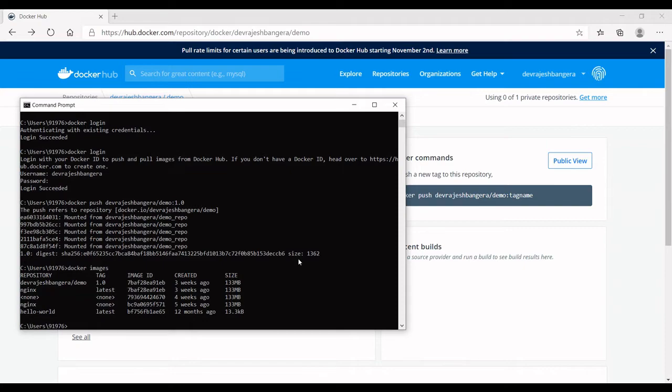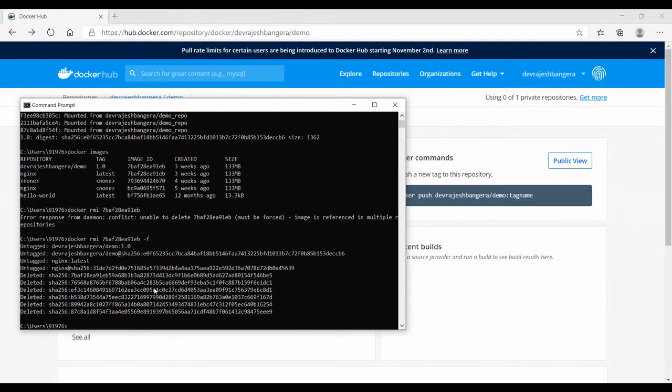To remove a Docker image from our local system, we can use the command docker rmi, that is remove image. Which image I need to remove is this one. -f stands for force removal.